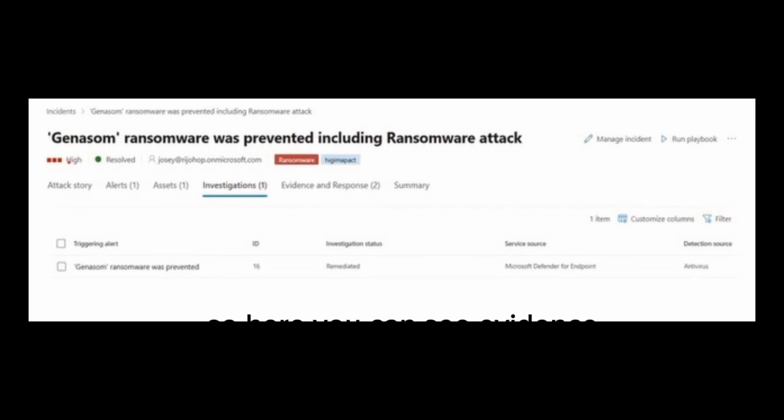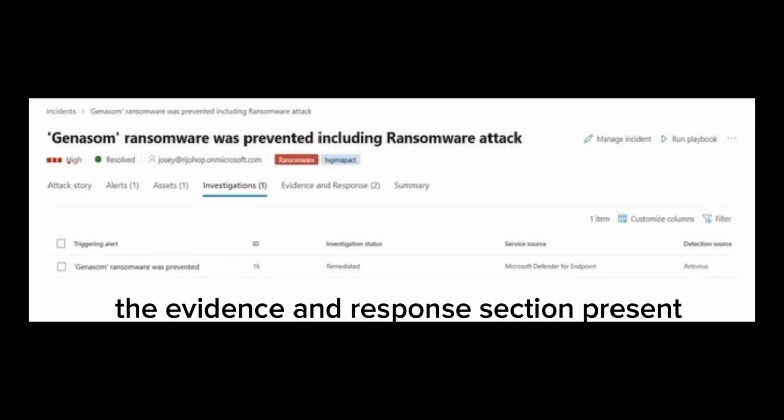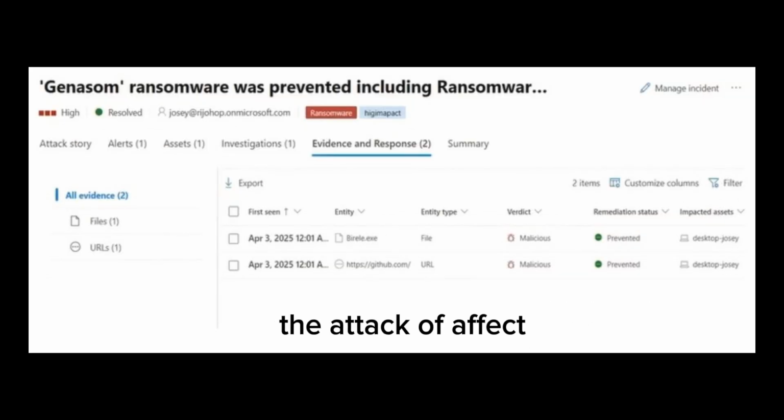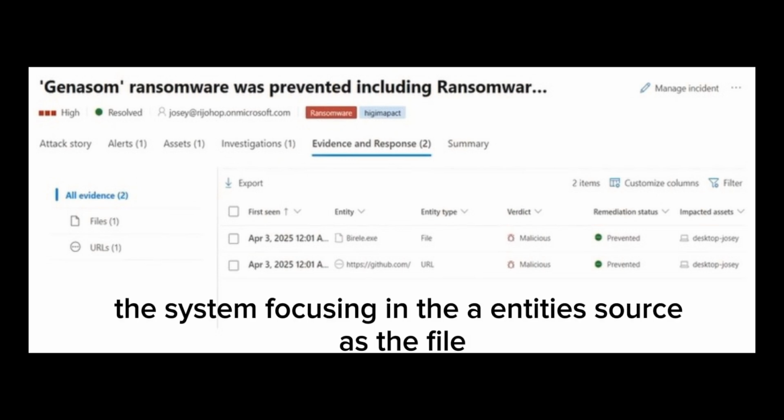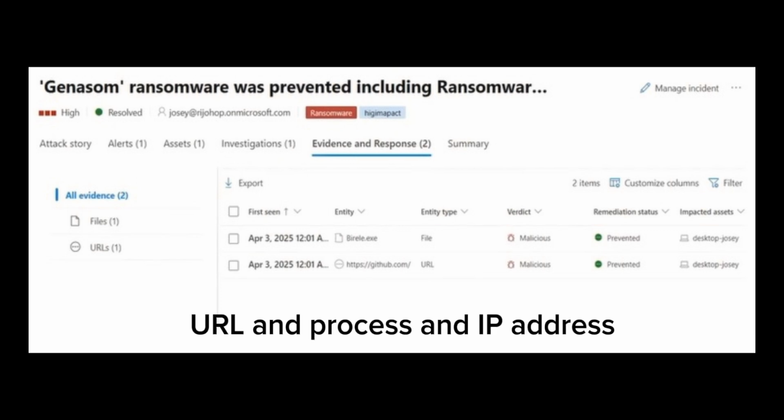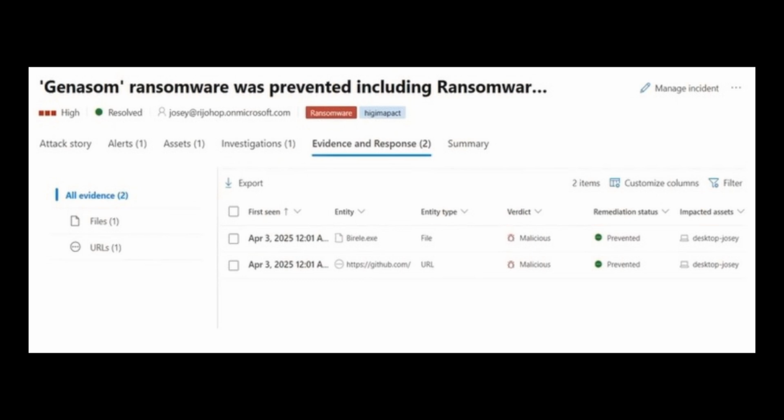So here you can see the evidence and response section, which presents in detail data how the attack affected the system, focusing on entities such as files, URLs, processes, and IP addresses.